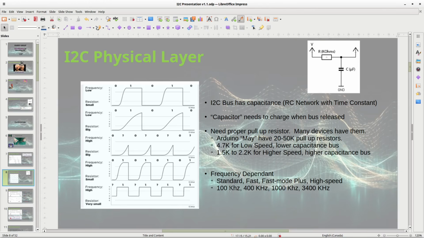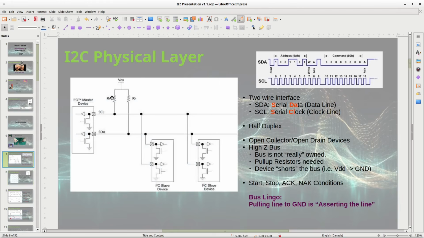And the speed of the bus, typically most devices run at 400 kilohertz, but you could run this bus at 1 megahertz or 3.4 megahertz depending on the device. Now, it's really important you not make this too low, because let's just say you put 50 ohms or 10 ohms here. Okay? So when this device shorts it to ground, all that current that's coming through that resistor has to go through this device and you're going to burn it out.